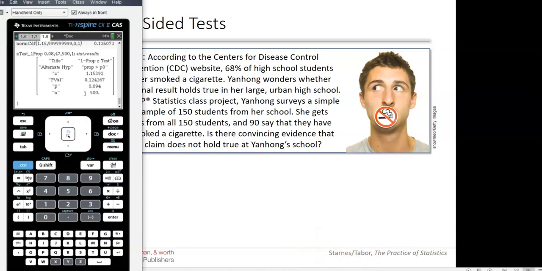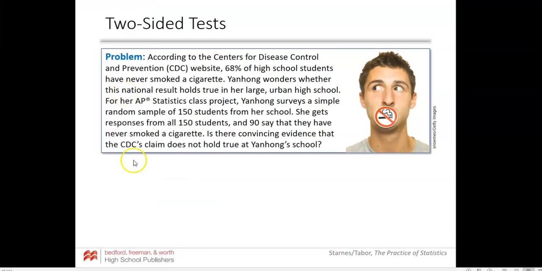So first of all, let's just look at this. 90 divided by 150 is 0.6, which is less than 68%. So it's not exactly equal. Really, on either side, you have room to say, well, let's investigate further, right? Because we're not really going to either side necessarily. It could have been more, and you go, okay, let's investigate further,